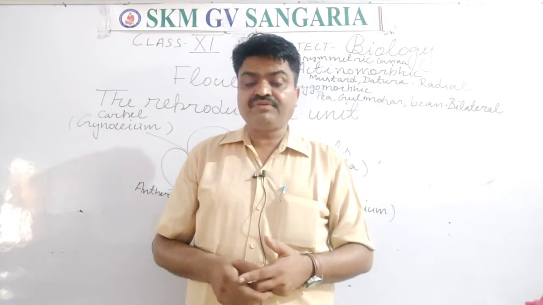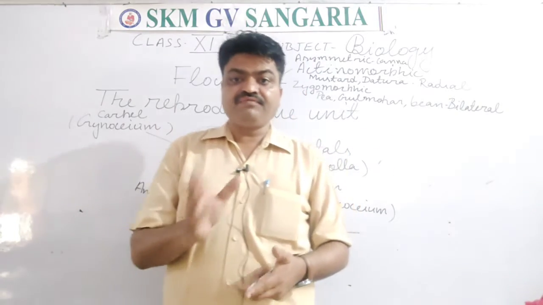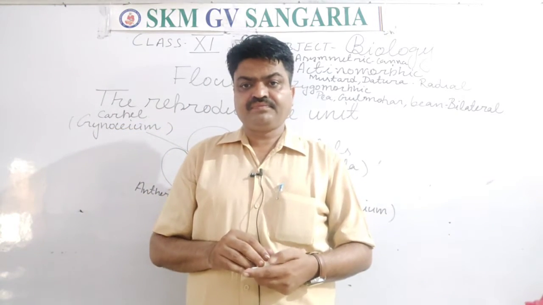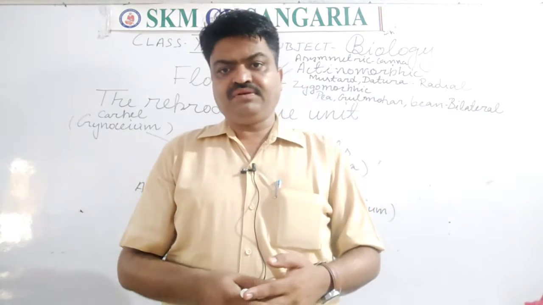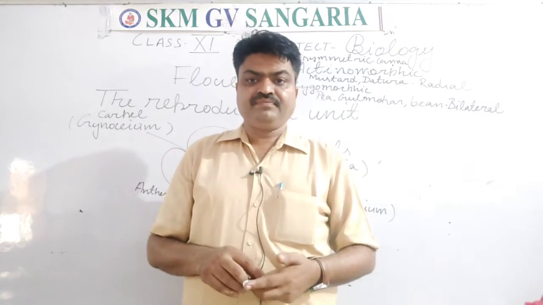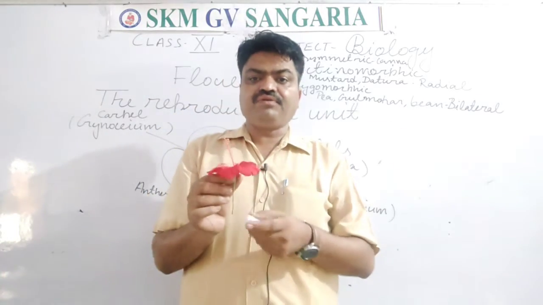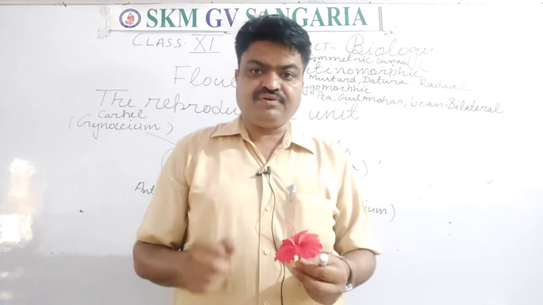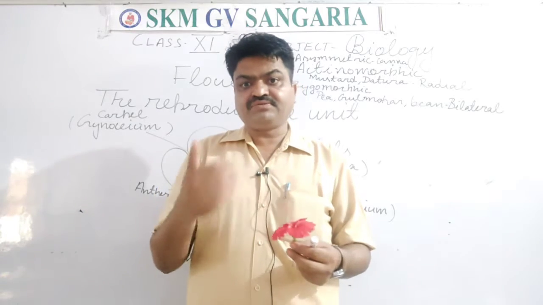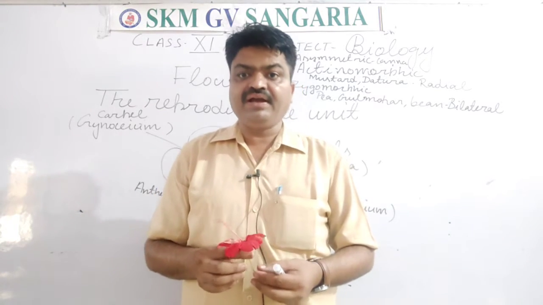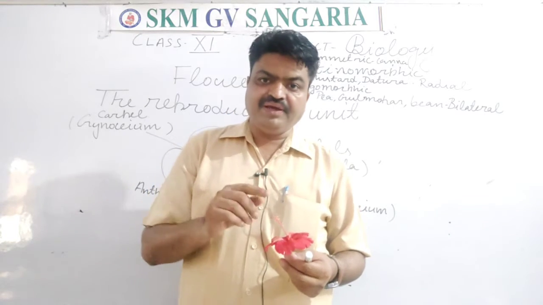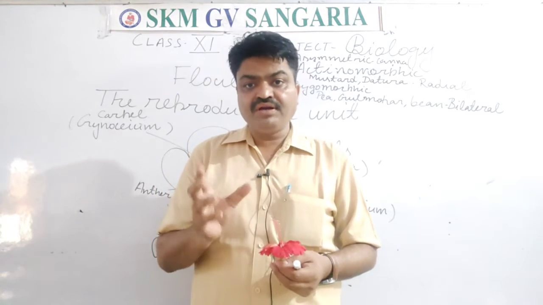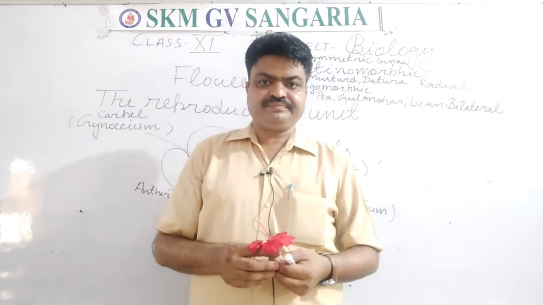Sometimes some flowers have both types of reproductive organs, and those flowers are known as bisexual flowers, student, because they contain both. Like I have one flower here, the flower of hibiscus, and hibiscus is an example of a bisexual flower. But the unisexual flower examples are date and papaya, student. Date and papaya flowers are examples of unisexual flowers because they contain only one type of reproductive organ.